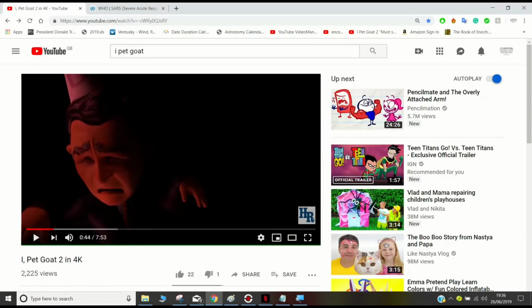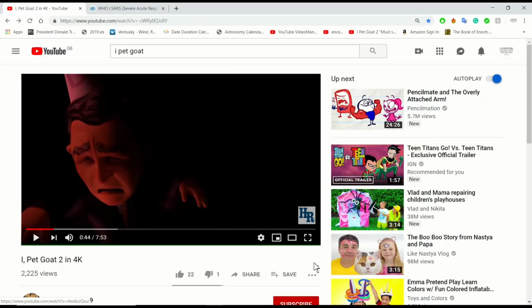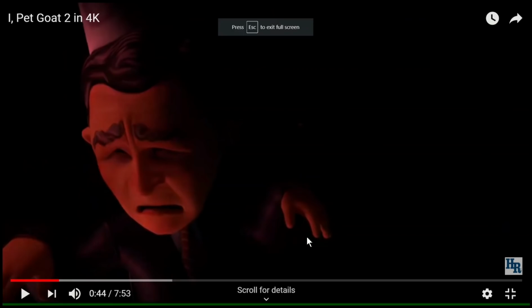Hi guys, today is June 26, 2019 at 37 minutes past 7 over here in the UK, and I just wanted to bring you guys my half an interpretation of what I think is the Morse code in this tap dancing here. I know that some other people may have deciphered or tried to decipher this Morse code and may have come up with a message. I can't speak as to whether those messages are correct because at the end of the day, none of us are professionals in Morse code tap dancing, but we do the best we can.